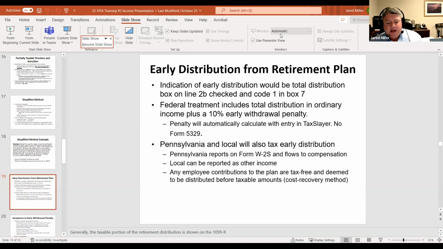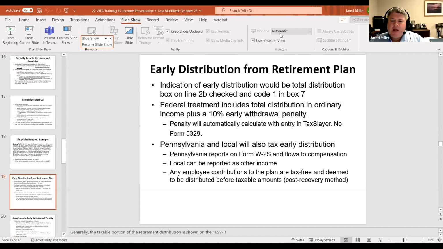Now, the good news is we can actually have what's called cost recovery. For Pennsylvania purposes, as we mentioned, Pennsylvania does not tax retirement plans. The reason they don't tax retirement plans is because no one has gotten a deduction for putting money into a retirement plan. When we take a look at a W-2, we may see that federal wages are less than Medicare wages, because you get a tax deduction for the amount that you put into your retirement account. Not so in Pennsylvania. Pennsylvania treats your contributions to a retirement plan as non-deductible, but on the back end, they're not going to tax them either. So Pennsylvania is kind of the first originator of the Roth type plan, where we don't get a tax deduction for the money going in, but we don't pay tax on the way out.